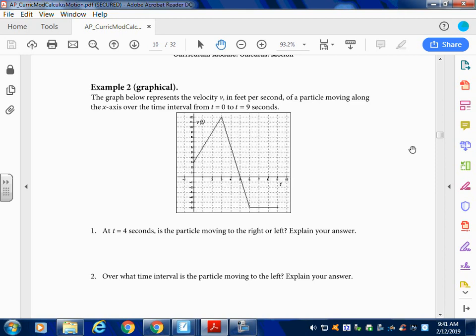We know when it crosses the axis, that tells us something. We know when it has a max or min, that tells us something else. We also know that if it's increasing or decreasing, that tells us something as well. You might have to go back and look at the worksheet we did on the first day if you forget the relation between position and velocity, or velocity and acceleration, due to the positive, negative, or increasing, decreasing relationships. We did a lot of information on that first page, so if you can't remember something, look back at that first page and see what the relationship is,